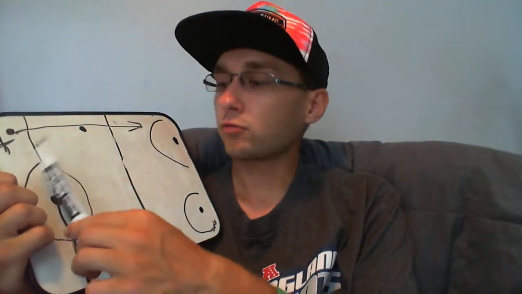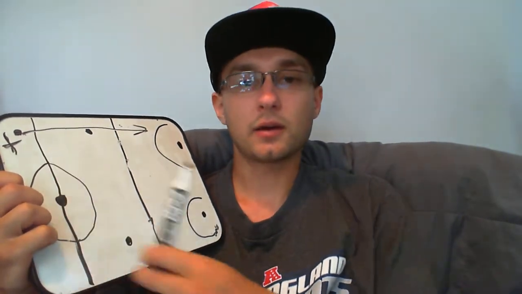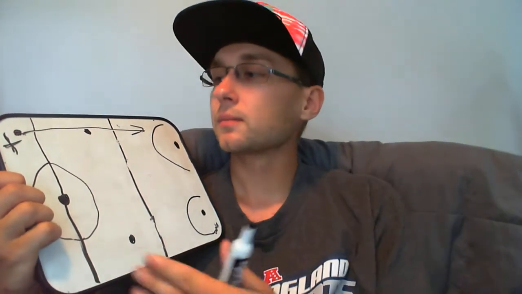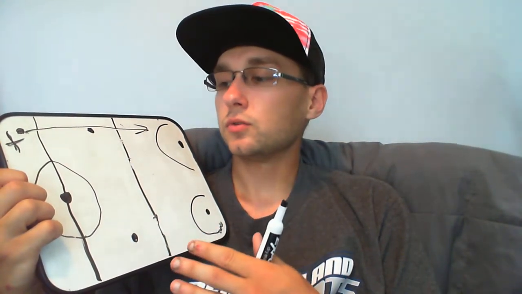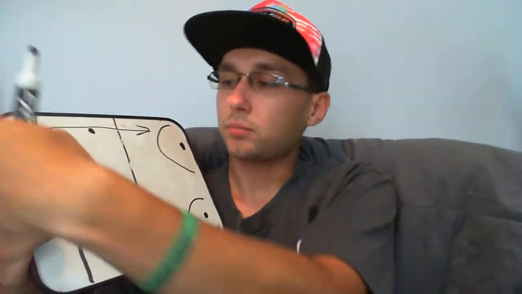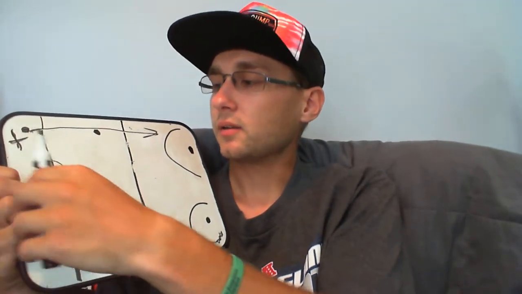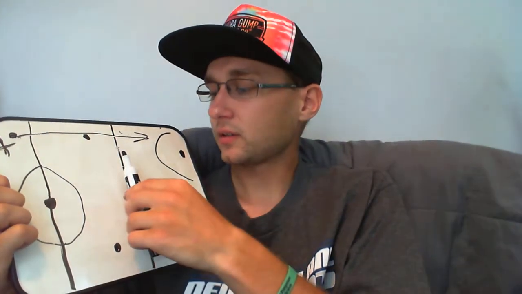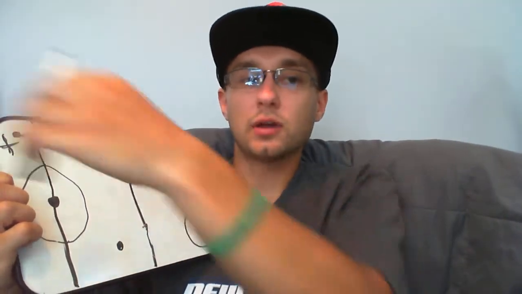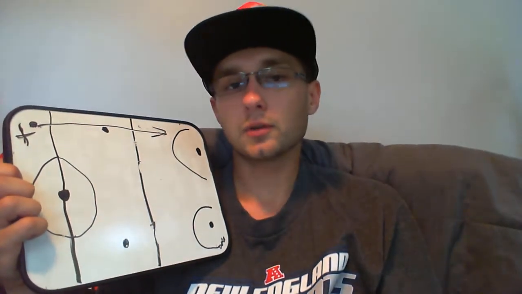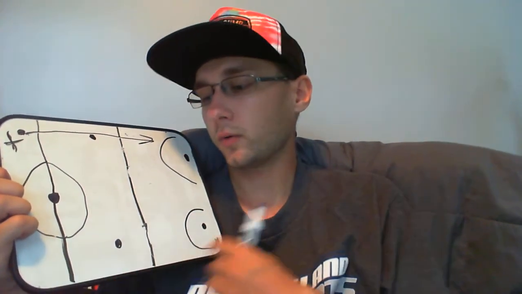So instead of the red line at center ice being the line to use for where icing begins, I would use the blue line in this zone. So it's not on this board, but it's basically the opposite of this blue line, just over here. So basically you only wouldn't be able to shoot the puck from your defensive zone all the way down, because